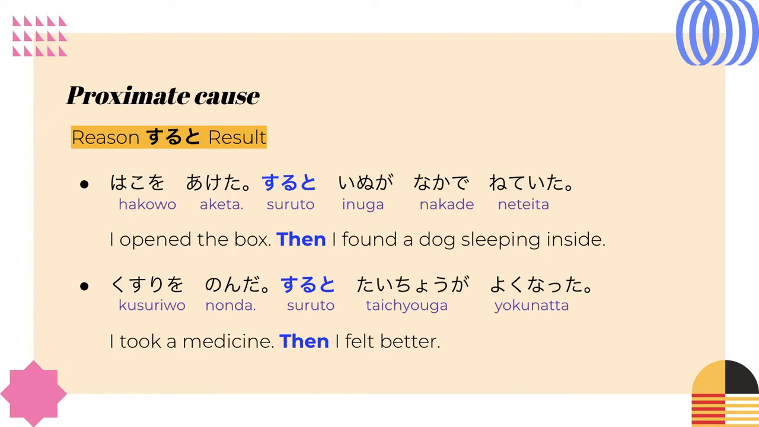Next one is すると. The formula is exactly the same as だから. You would state the reason, insert すると, and conclude with the result. So the first one says, I opened the box. Then I found a dog sleeping inside. To say that in Japanese, it would be